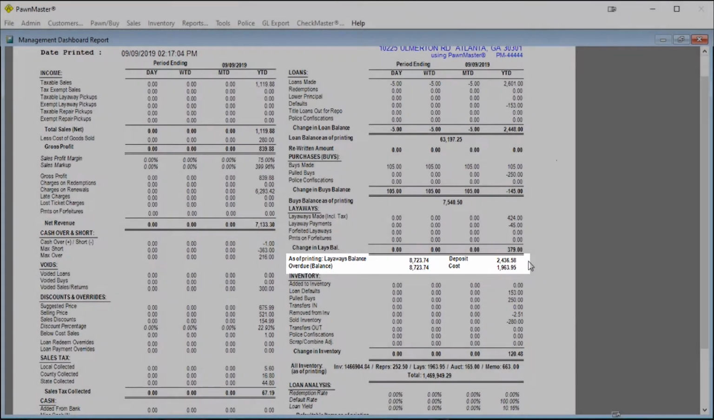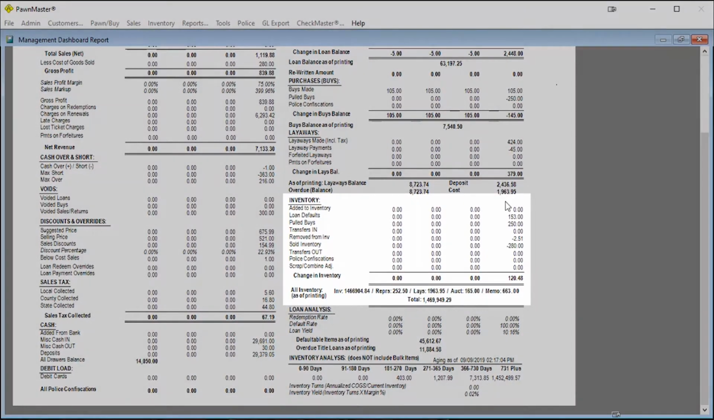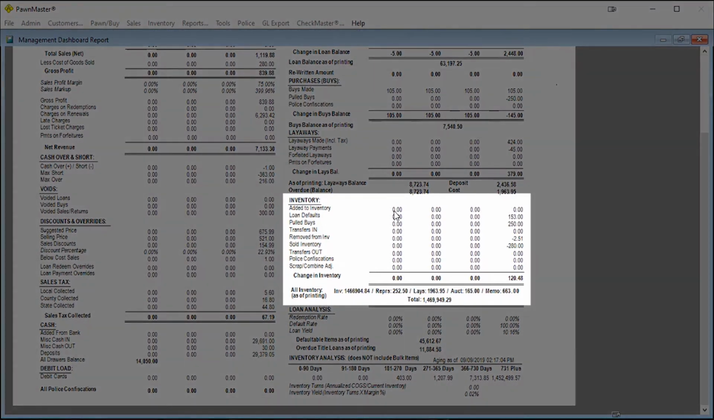Get to work. And our cost of all of our layaways. Sounds good. As inventory goes in and out of your shop, that's going to be tracked. So you can use this report to see if your employees are doing their jobs. If an employee was supposed to pull the buys, you're going to see the effect in this report. The employee that pulled the loans. If an employee were to delete a piece of inventory out of your system, you're going to see removed inventory